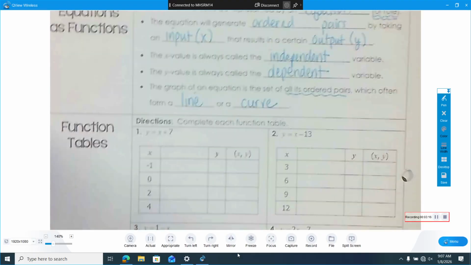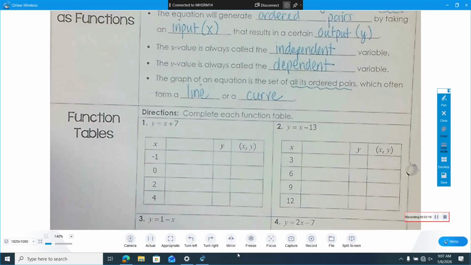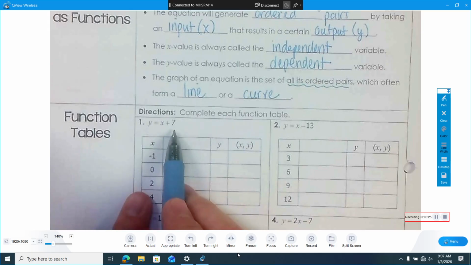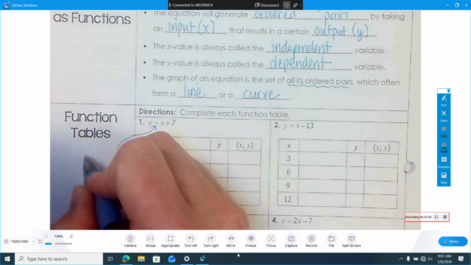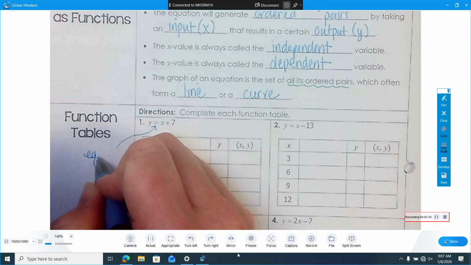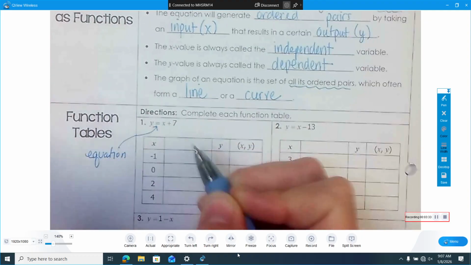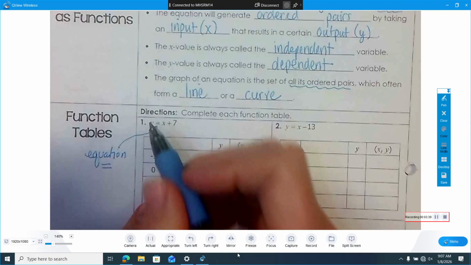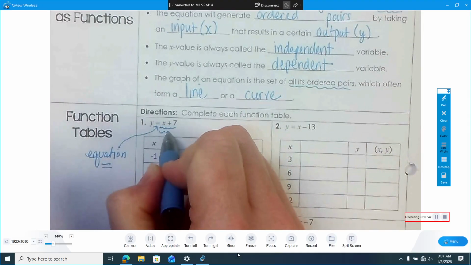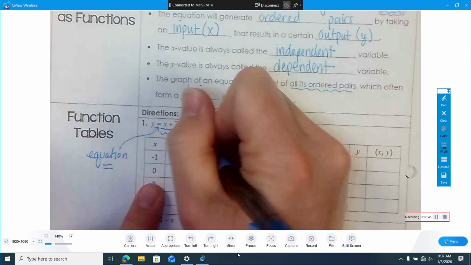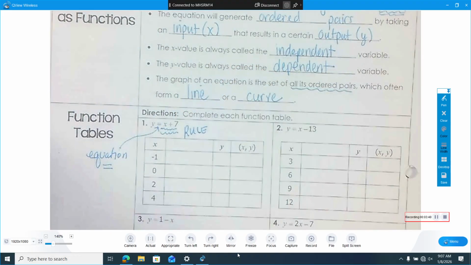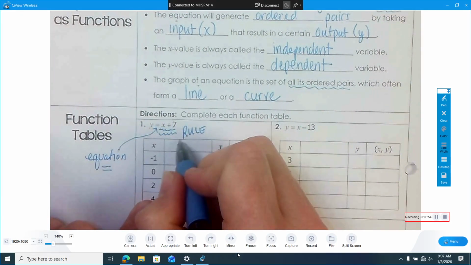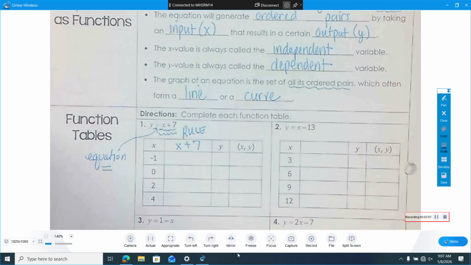All right, so complete each function table. So here we have this equation right here. I know that it's an equation because it has an equal sign. And what we have is this portion right here, the x plus 7 portion, that is called the rule. And that's the rule that's going to help us figure out what the y is equal to. And so we have our rule right here, which is x plus 7, that I'm going to write in my